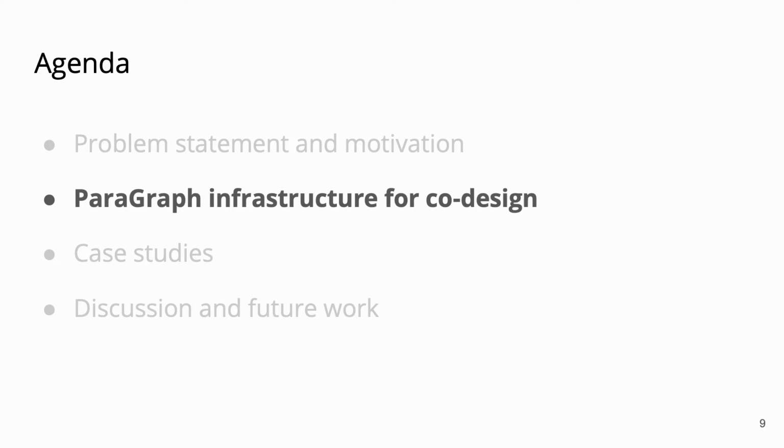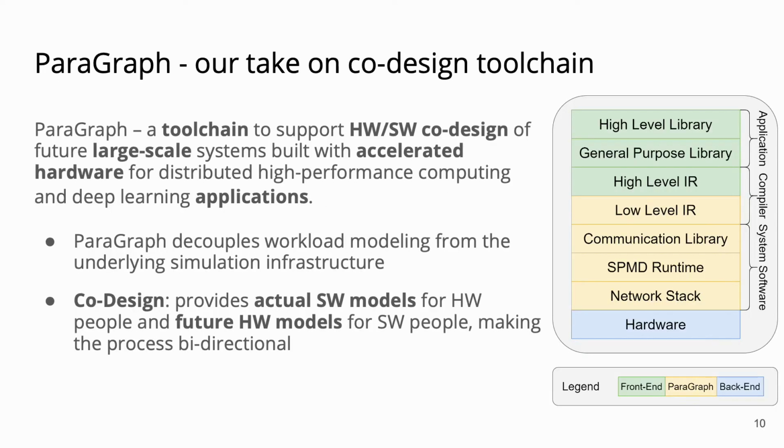So that's the stage. Now let's talk about ParaGraph. We propose ParaGraph, a tool for large-scale system co-design that mimics actual software hardware stack and implements previously missing pieces shown in yellow. We designed it to interface network simulators and complex application models considering all the previous limitations. Such interface effectively decouples application modeling, a job that hardware simulators are not good at, from hardware modeling. That makes the life of network researchers much simpler.